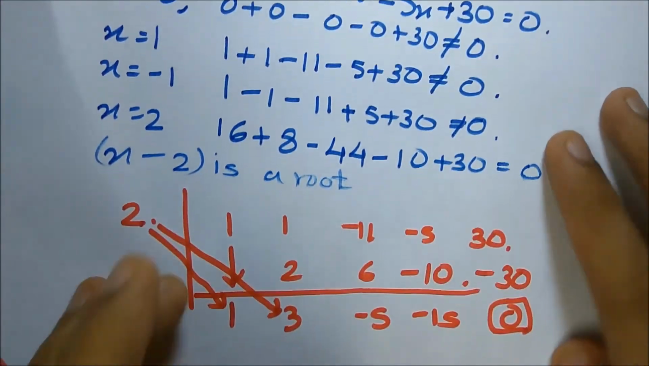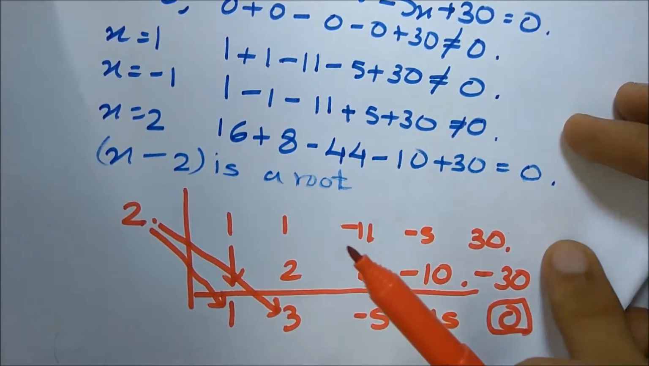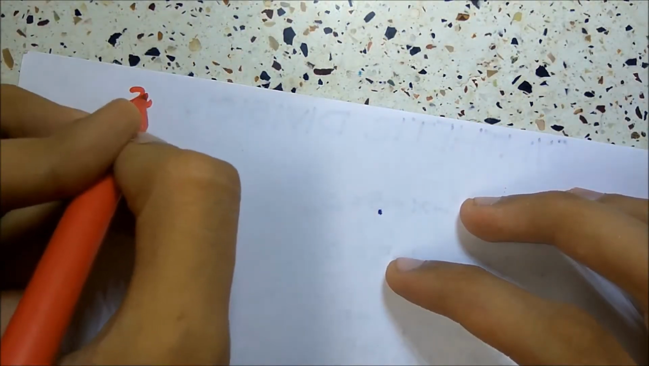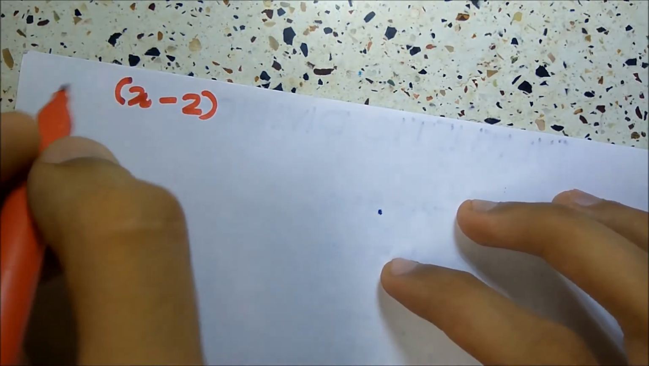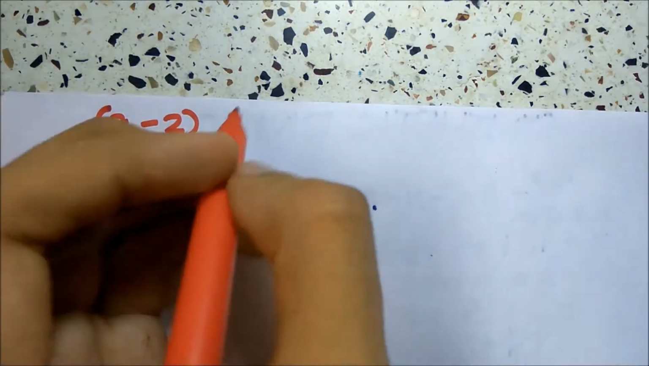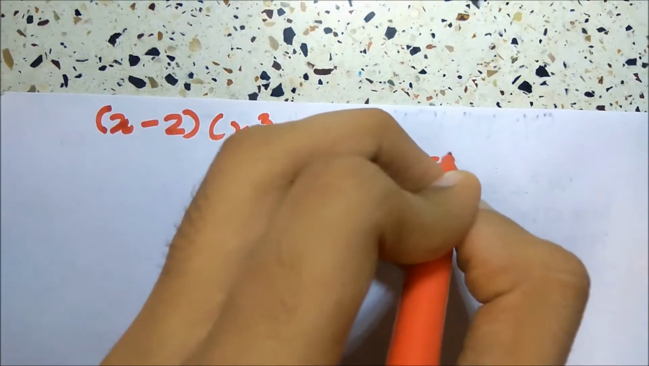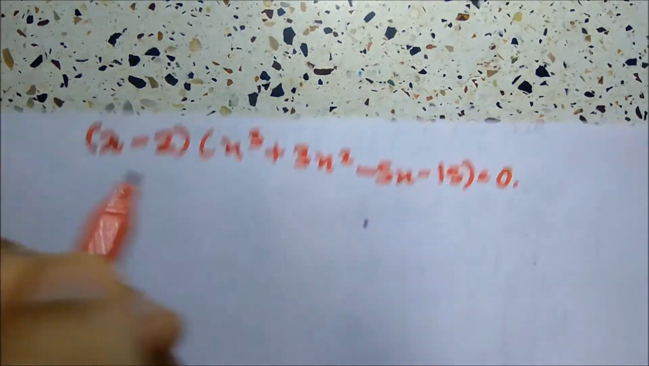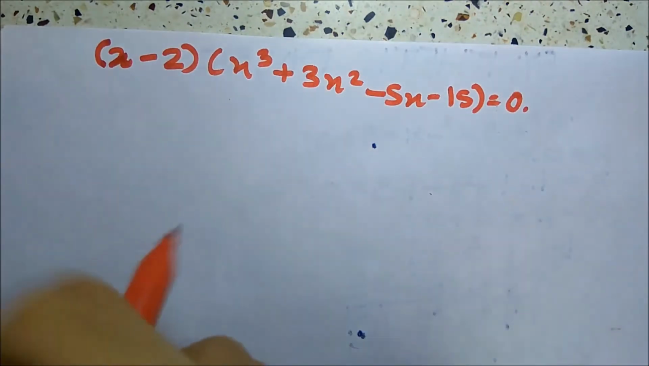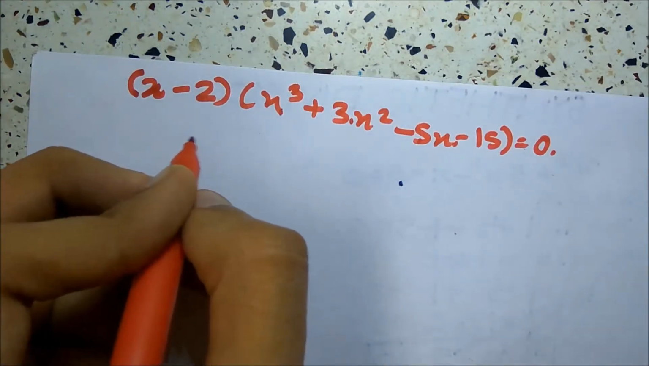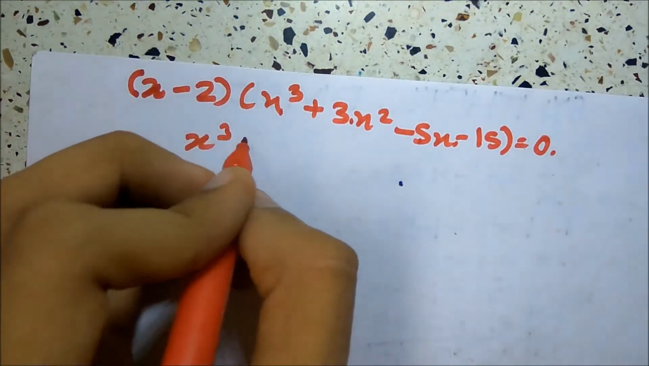Now once you get this value, you want to write down the equation again, which is x minus 2, which is the first factor that we found out by the trial method, and x cube plus 3x squared minus 5x minus 15 equals 0. This is what we got over here, and I wrote it in terms of a cubic. Now you have to again follow the synthetic division method to find the roots of this equation, which I will show you now. First I'm going to write this off